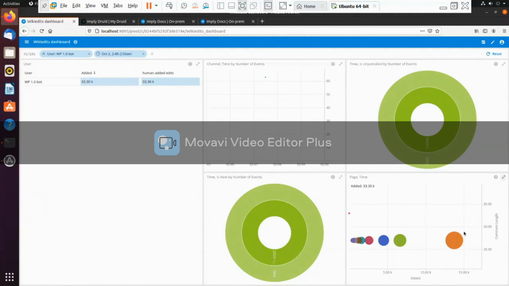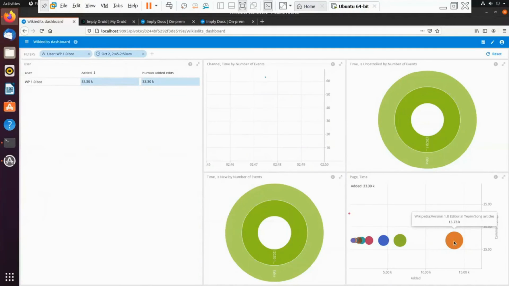So now if we go to this last field, we can see that this is the comment length and this is the added. If more data is added, the greater is the bubble size. The different colors indicate the page.